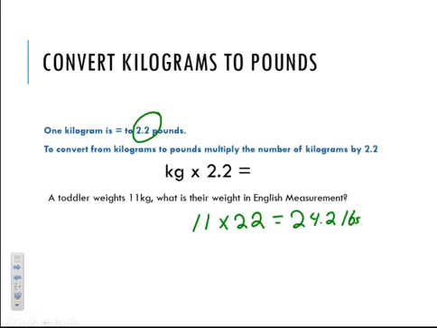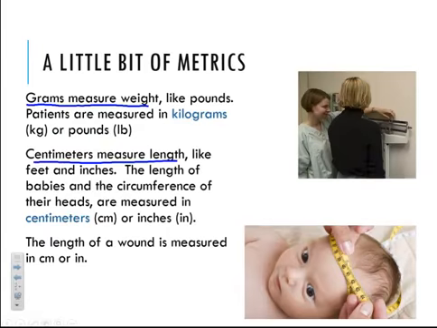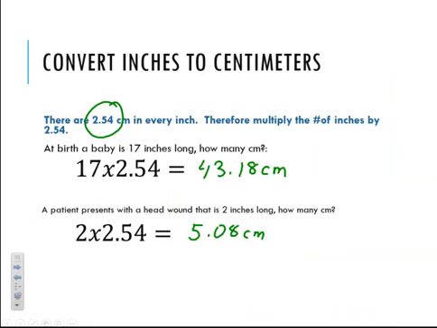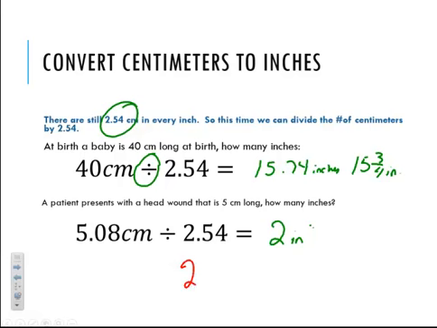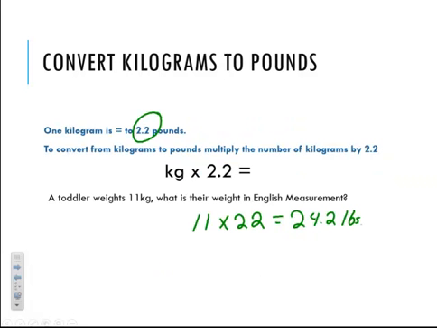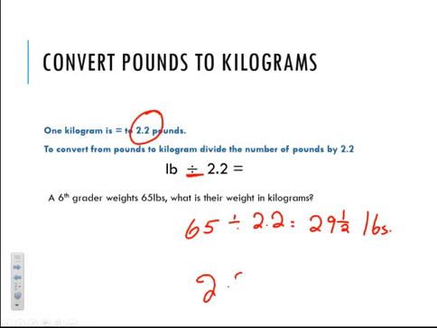So we're just going to go back really quickly to convert from inches to centimeters. Anything to do with inches and centimeters, the factor that you're concerned about is 2.54. So you multiply when you're going from inches to centimeters, still 2.54, but you divide when you're going from centimeters to inches. The factor for kilograms and pounds is 2.2. You multiply when you're going from kilograms to pounds, and then 2.2, you divide when you're going from pounds to